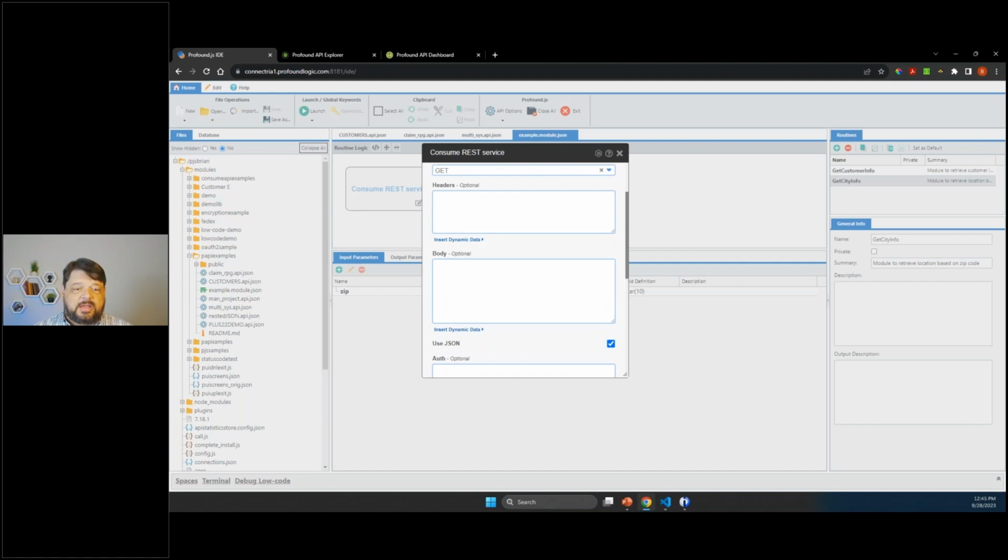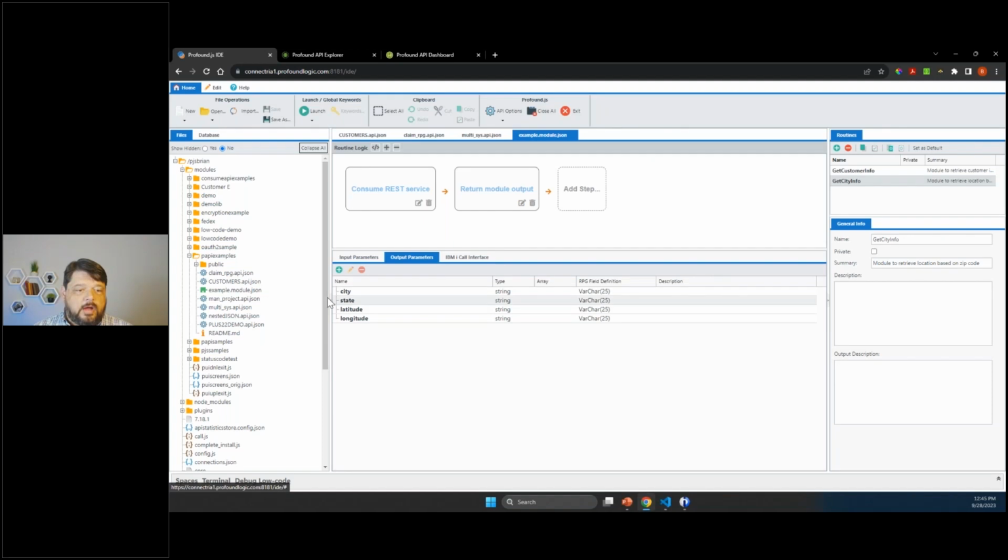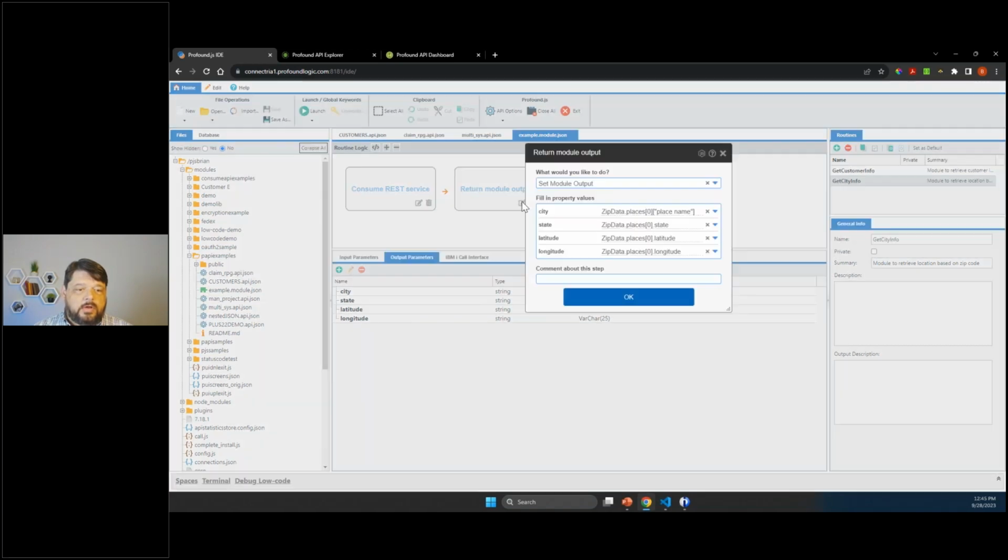So it passes back lots of information. So for this, you'll notice that we are just capturing it into a work variable called zip data. And then on our output, we are loading up the city, the state, the latitude, and the longitude from that zip data response.